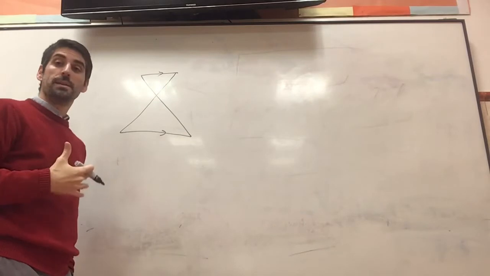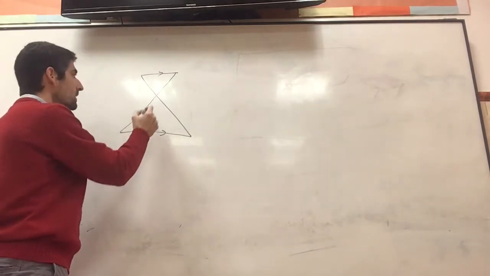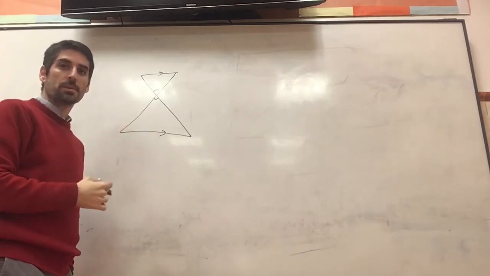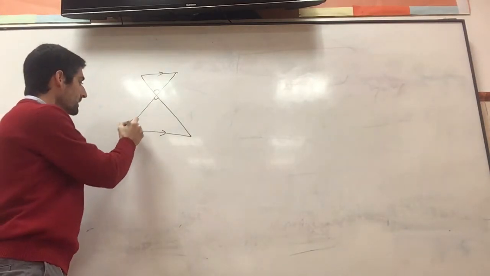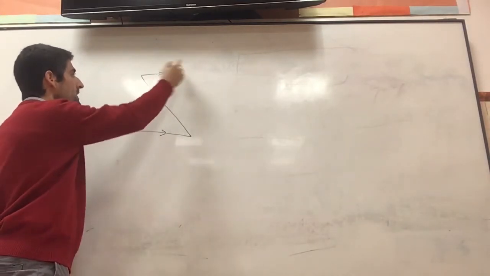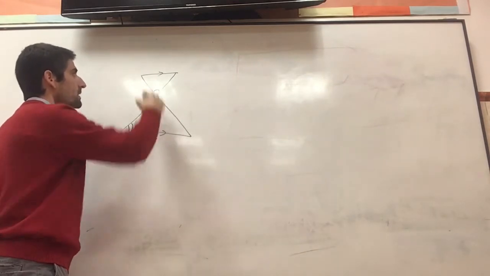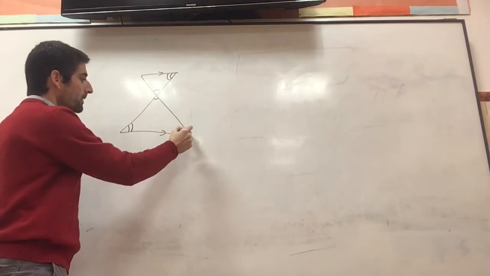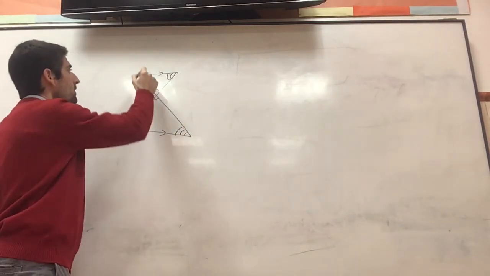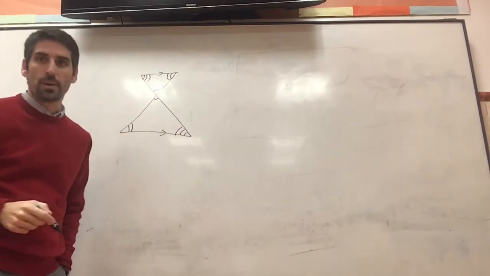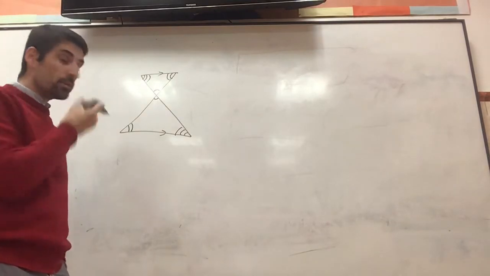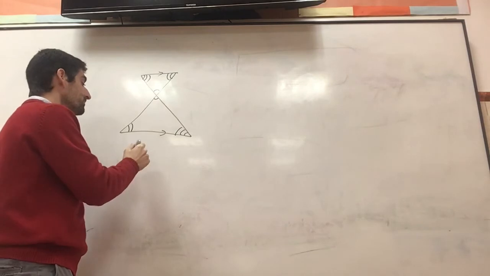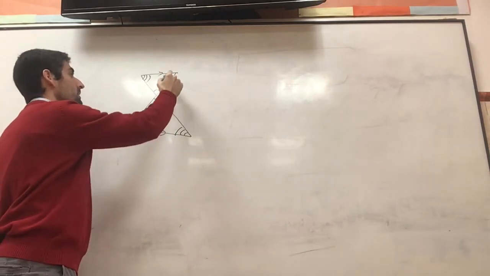Now, these two triangles, by virtue of these two lines being parallel, are going to be similar, because that angle there is the same as that angle there. They are vertically opposite. And this angle here, these are alternate angles, the lines are parallel, is going to be the same as that one there. And this angle here is going to be the same as that one there. So I do have two similar triangles. So if they tell me that